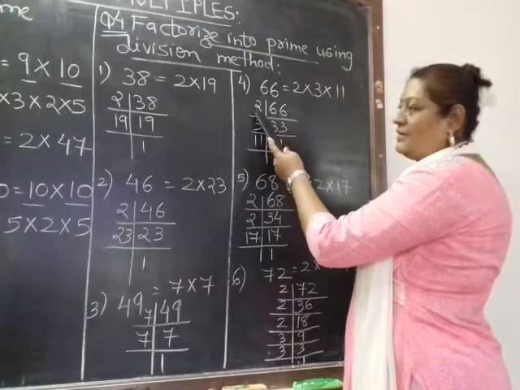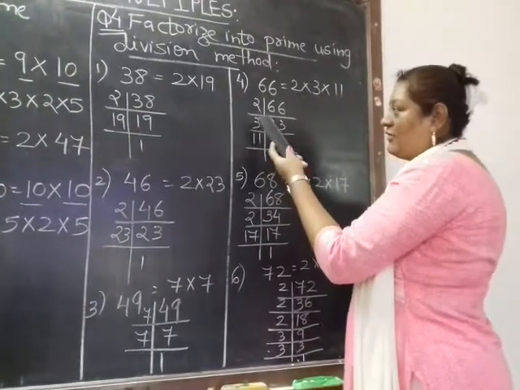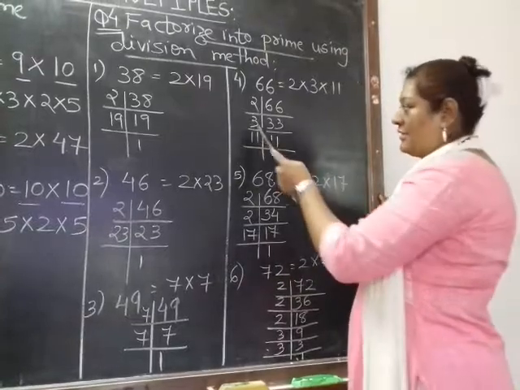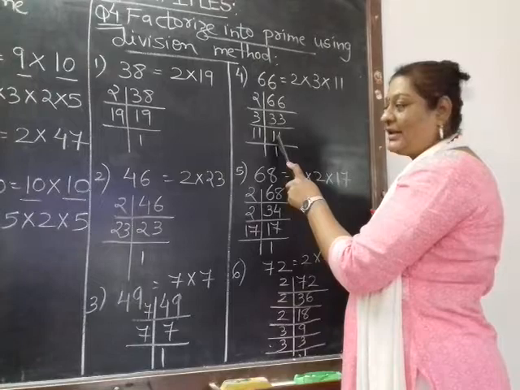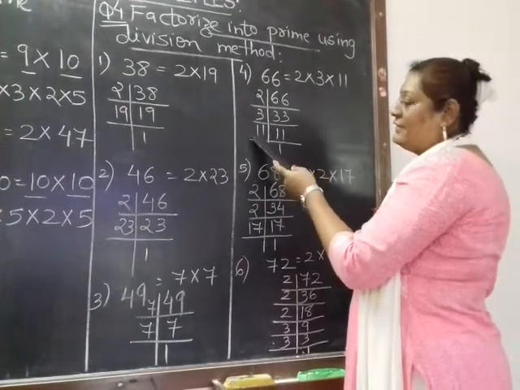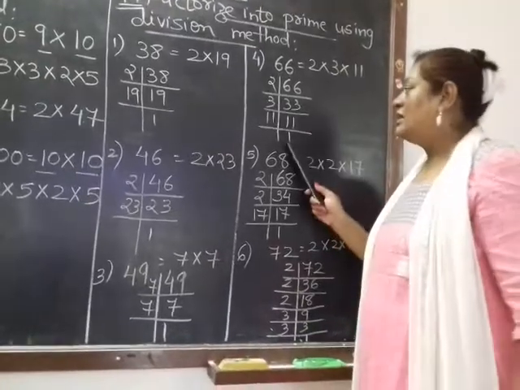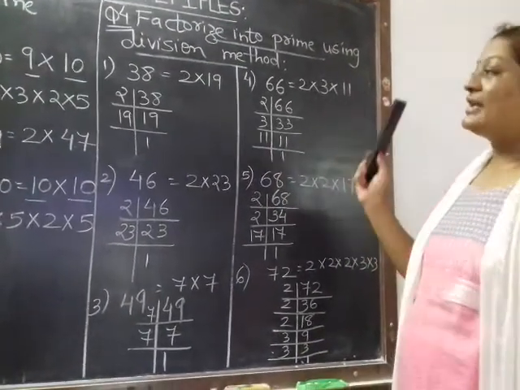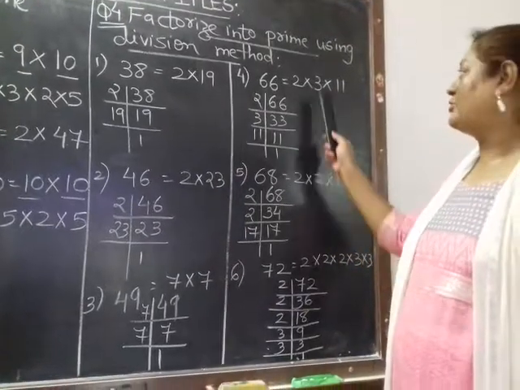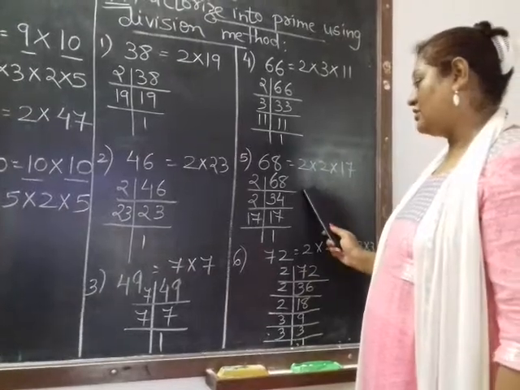66. You can check it out. 66 is divisible by 2, a prime factor. So first I use 2. 2 33s are 66. Now in the table of 2, 33 will not come. It will come in the table of the next prime number 3. 3 11s are 33. Now again 11 is a prime number, so it will be divided by 11 itself to get our answer 1. So now the prime factors of 66 are 2, 3 and 11. And between all the prime factors you have to keep the multiplication sign. The fifth one is also the same.